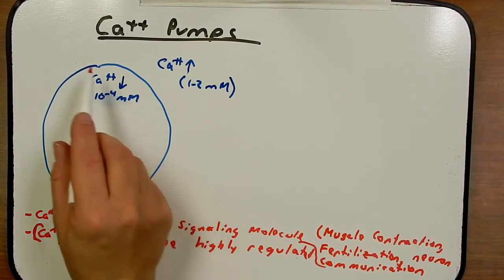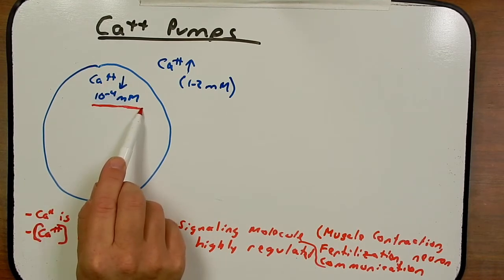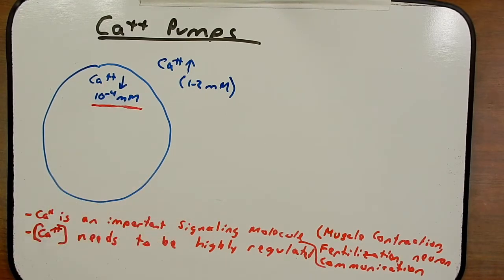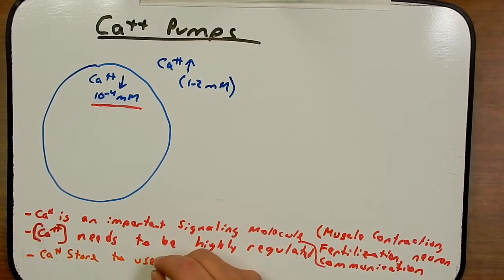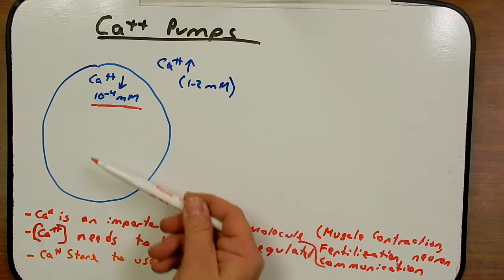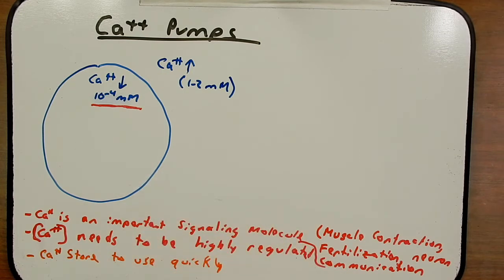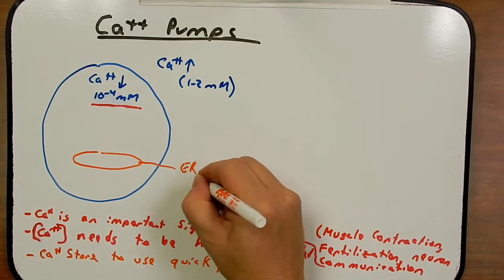If this were a muscle fiber, we wouldn't want to have extremely high concentrations of calcium because we don't want those muscle fibers to constantly contract. So it needs to be kept at this minimum level. However, we want to make sure that there is a calcium store to use quickly. If you need to have a muscle contraction, it may not be advantageous to wait for it to be imported from the extracellular space. So what cells do is they have this ER, and the ER does lots of things,